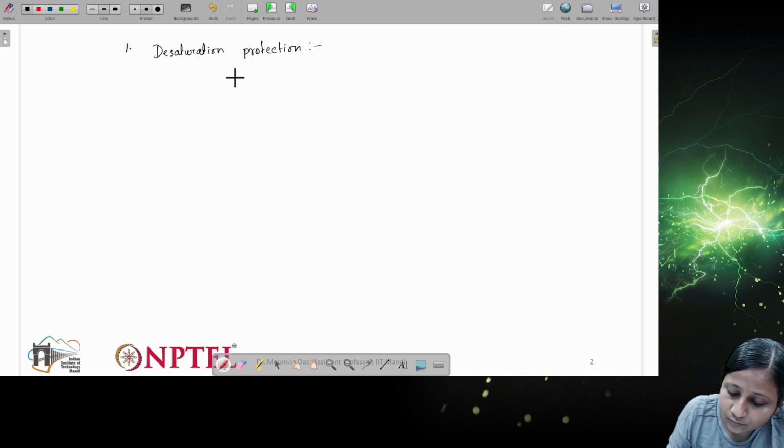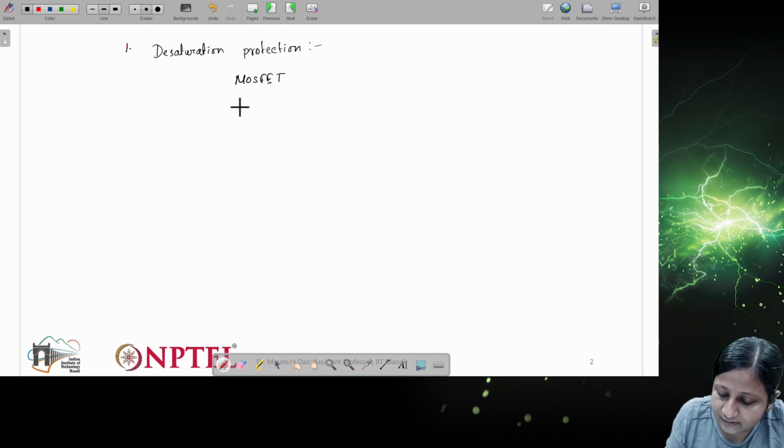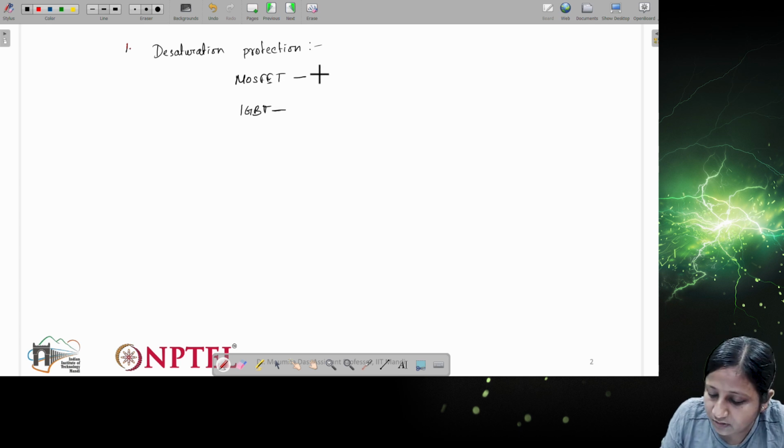When the MOSFET is operating in normal condition, it is operating in the active region, and the IGBT is operating in the saturation region.